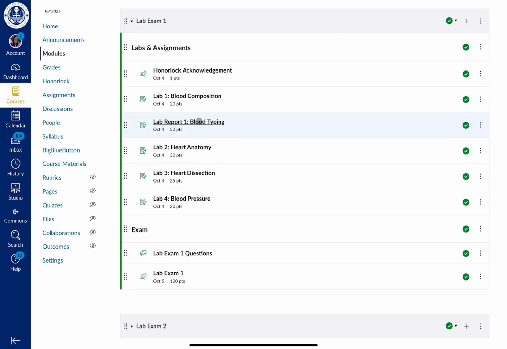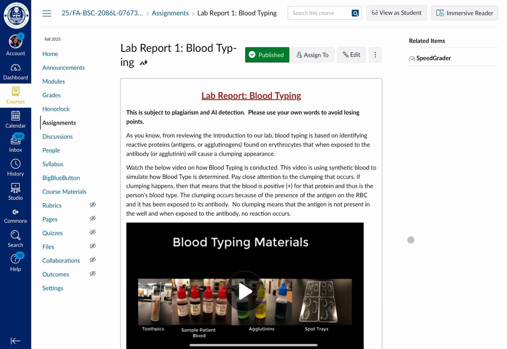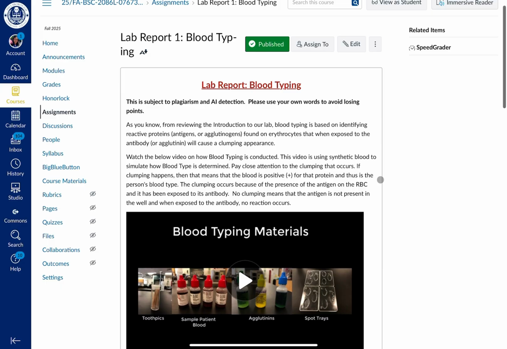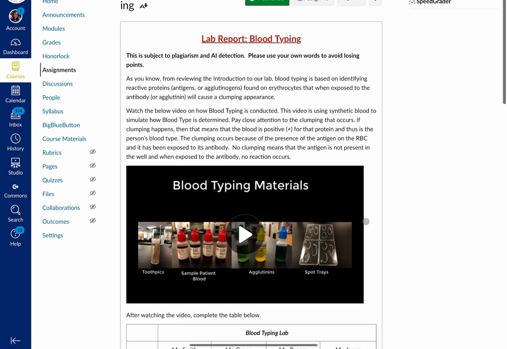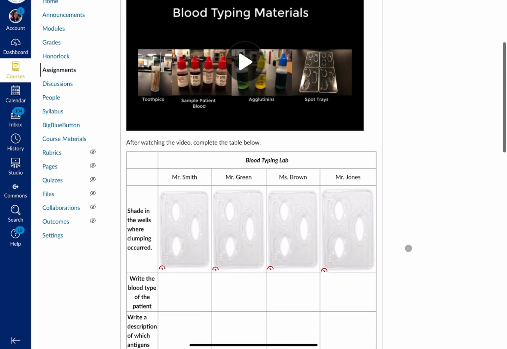So you also have a lab report. All the instructions for the 2 lab reports that you're responsible for are built within the page. So if you click on it, it'll tell you everything. Like for this one, this is blood typing. So you need to watch the blood typing, things that are involved, and then go in and you